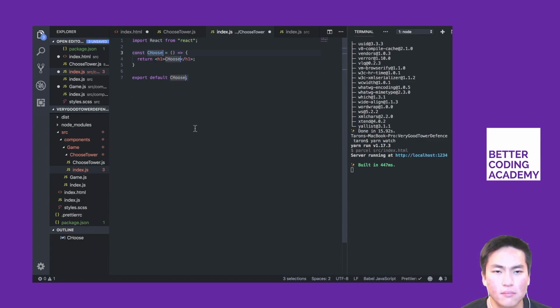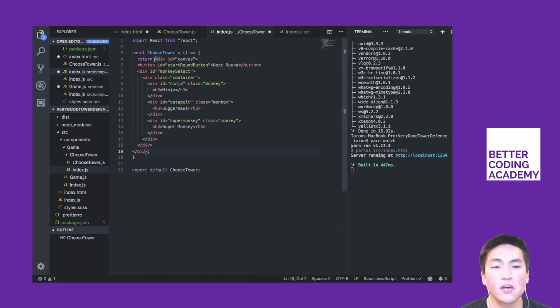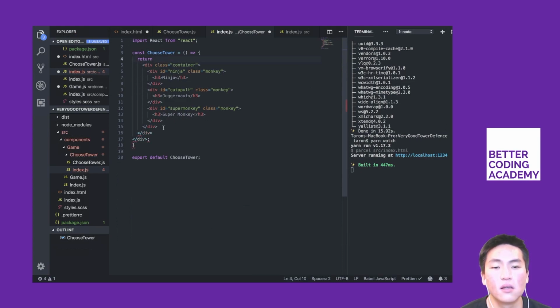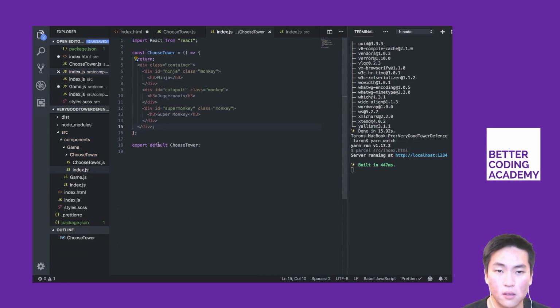Choose tower. No, this whole thing goes inside of choose tower. You're putting it in the wrong file. Yeah. We'll just copy it. All right. Okay. Fine. Like magic. And then